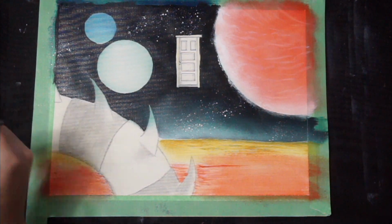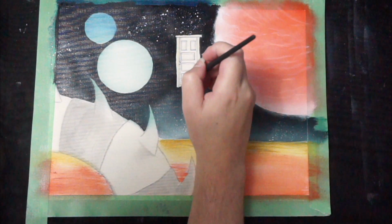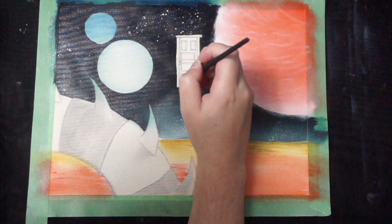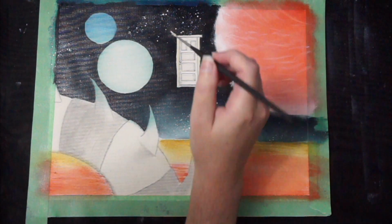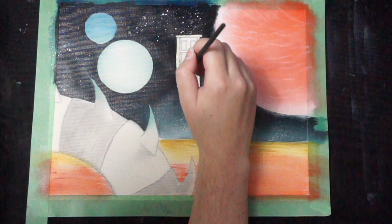So oil paints, for those of you who don't know, don't wash out very well, or at all, of clothing. They go from not wanting to wash out at all to being mildly very difficult to wash out. So